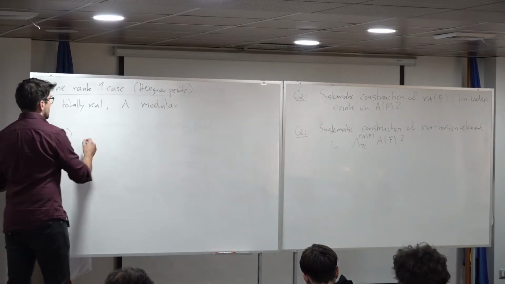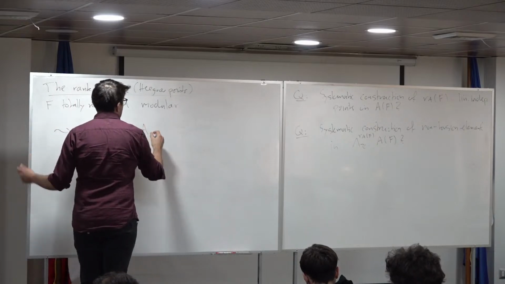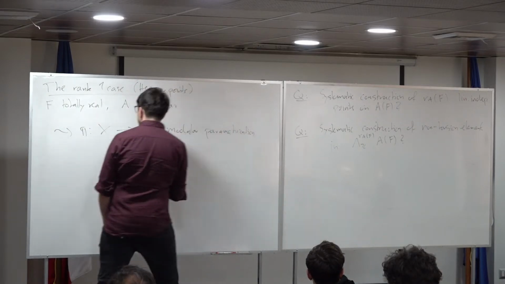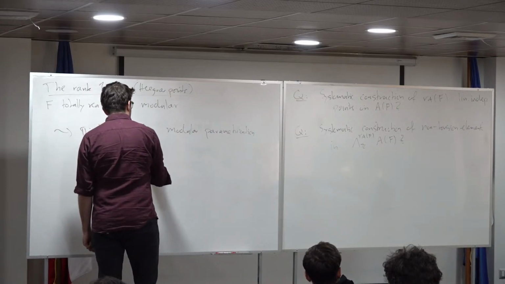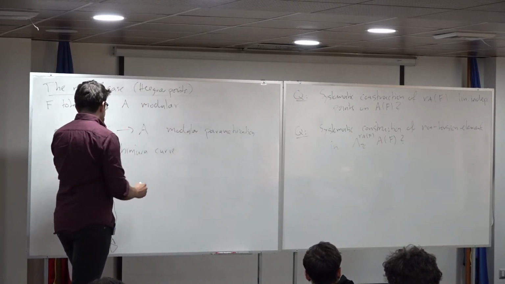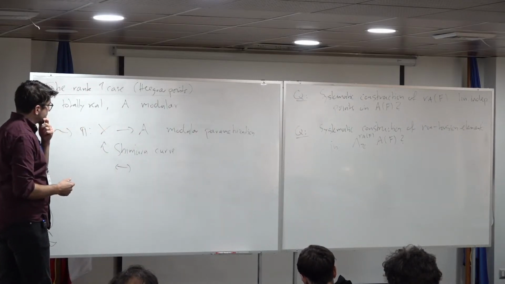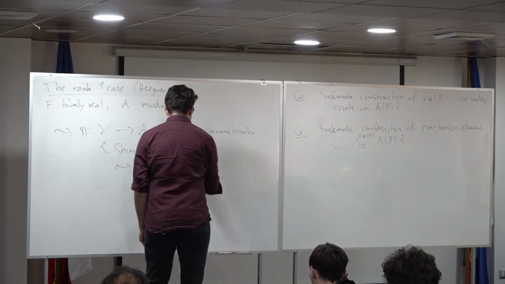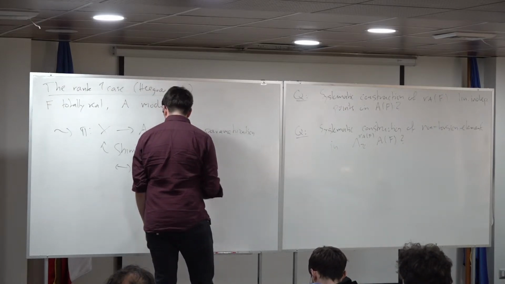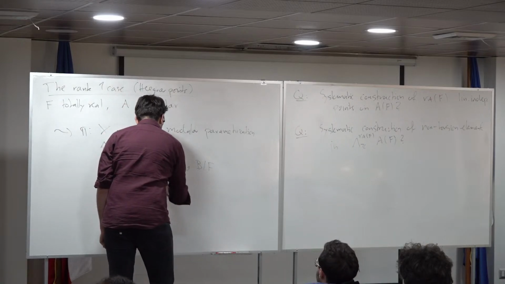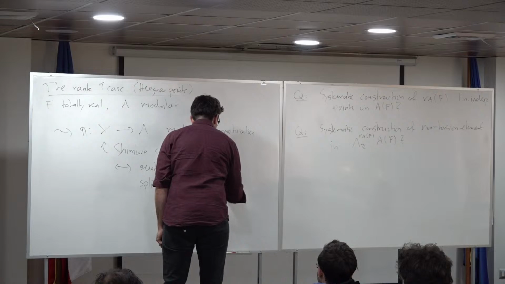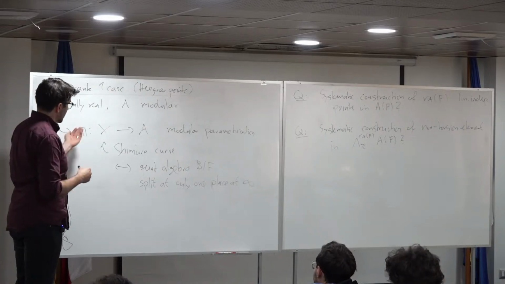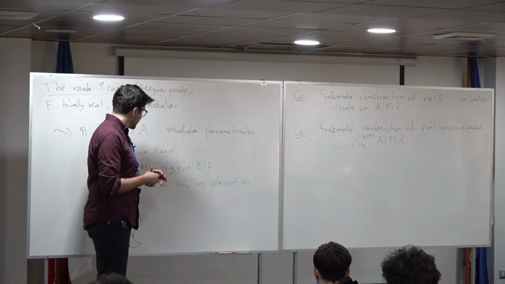So what this gives us is some modular parametrization, where this X is a Shimura curve over F. I'm only considering quaternionic Shimura curves, so this is associated to a quaternion algebra B over F, split at only one place at infinity. Modularity tells you that, I mean, this already appeared in Gonzalo's talk,